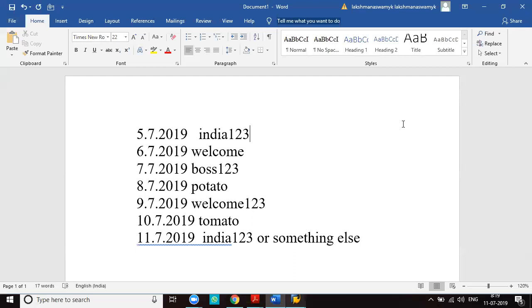Then the basis system admin can unlock the user.